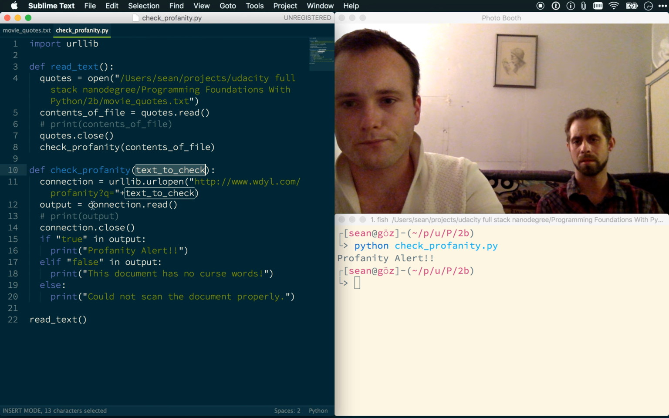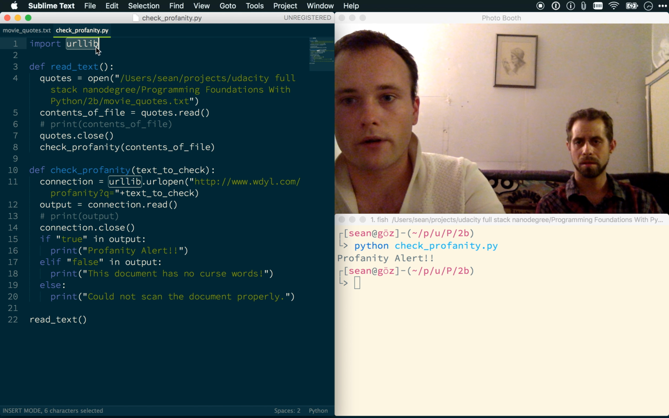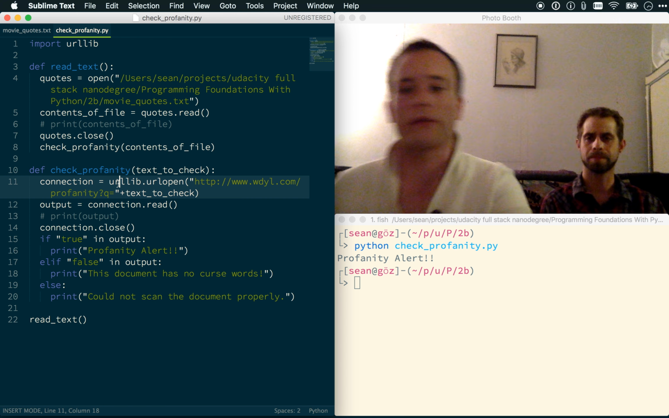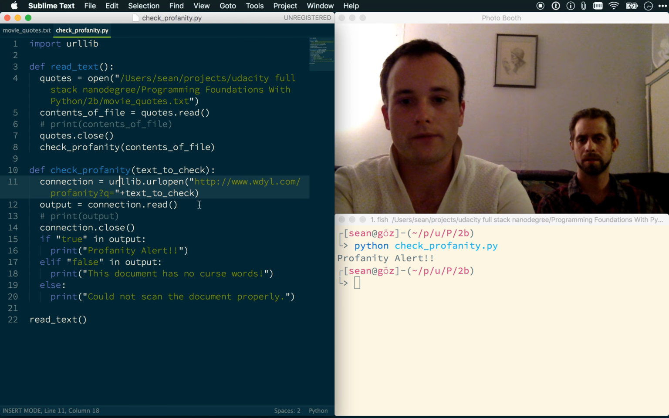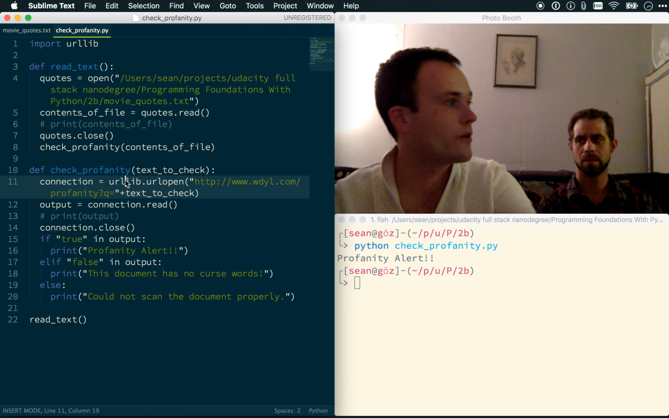So within this function, we have a new variable, connection. And connection is urllib.urlopen and this website. So remember we imported urllib? Yeah. Now we're using it. We're basically saying that connection equals this website, this web address. But we're doing something interesting here. Because I didn't want to manually write a list of